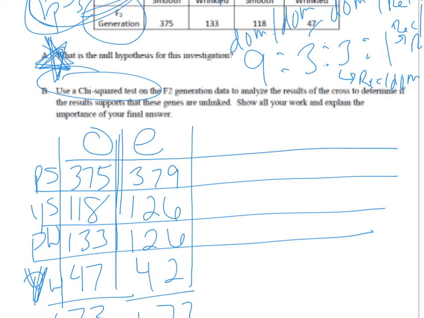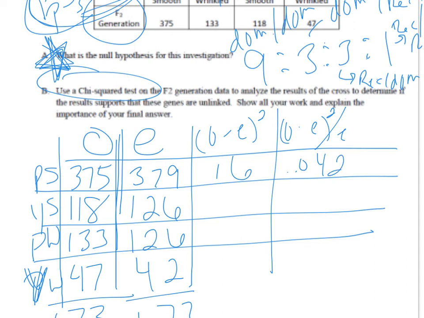So now I just plug this into the calculator, right? Observed minus expected squared divided by E. So in my purple smooth ones, I have 375 minus 379. So I have 4 squared, which is 16. 16 divided by 379 gives me 0.042. Let's take it out 3 decimal places. Okay, so for my next line, 118 minus 126. 8 squared is 64. 64 divided by 126 gives me